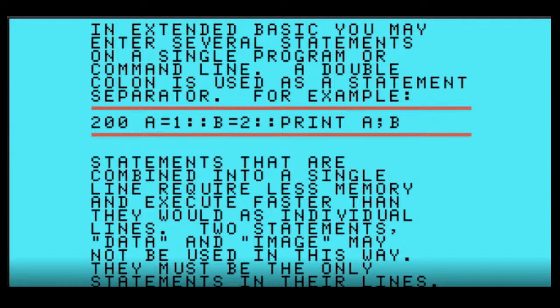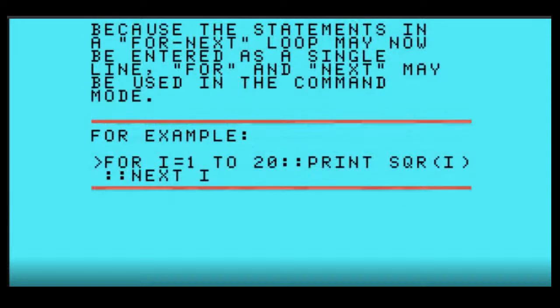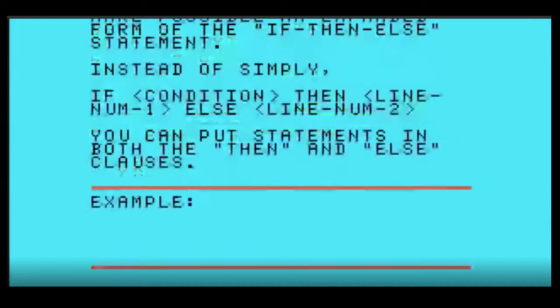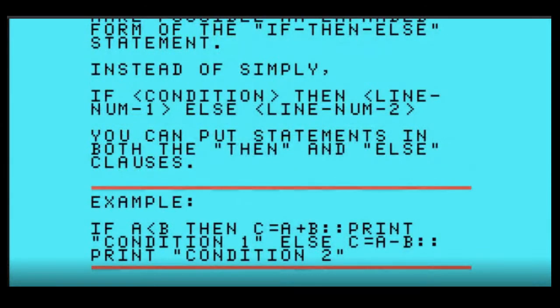Press enter. Because the statements in a for next loop may now be entered as a single line, for and the next may be used in the command mode. For example, for I equals 1 to 20, print square I, next I. Press enter. Multi-statement lines also make possible an expanded form of the if-then-else statement.